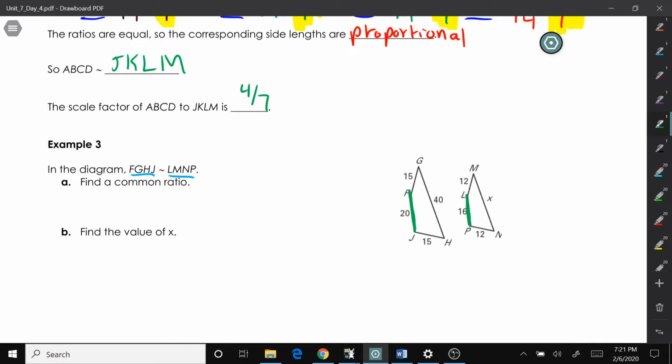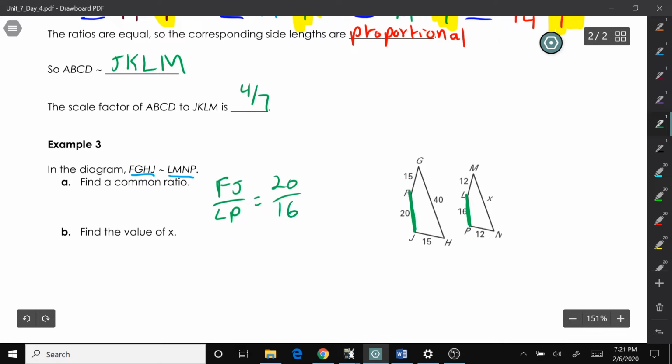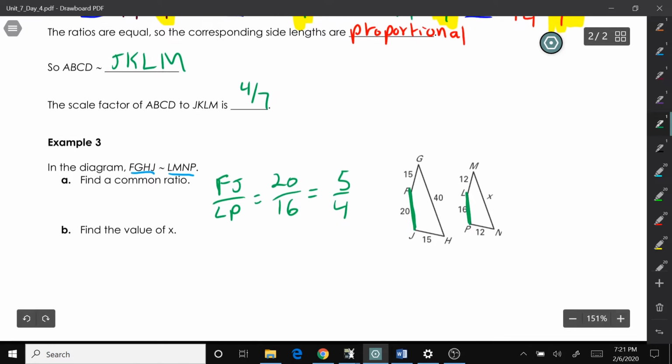So I'll write out FJ over LP, which is 20 over 16. And that will simplify, if we divide both of those by 4, we get 5 over 4. So that is our scale factor, our common ratio,